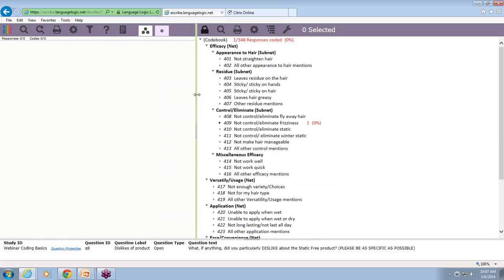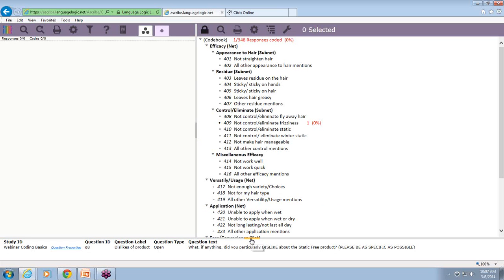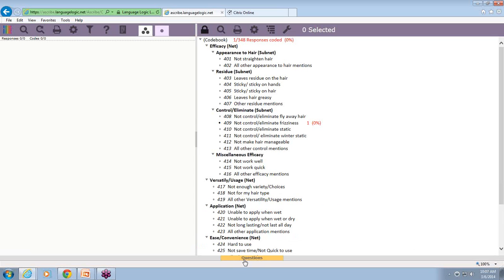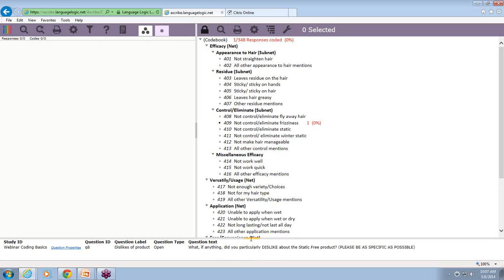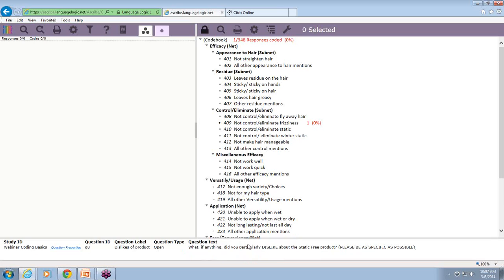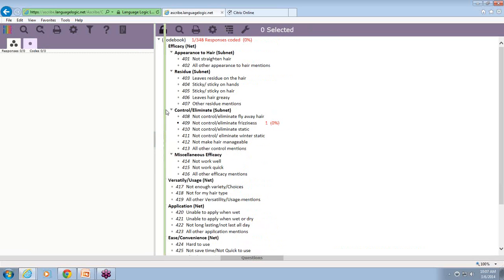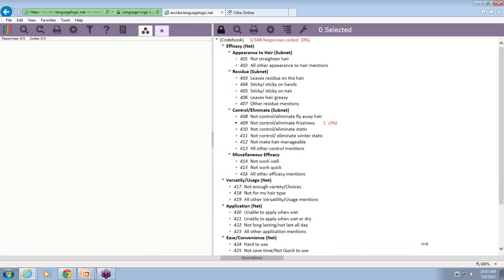These panes are adjustable, so we can resize these by using the resizer bar. You can adjust the question pane. You can also hide it by clicking on this link here, and it closes it. And you'll see questions, and if you want to open it, just click on questions in the room. You'll be able to see the information in your question pane. You can adjust the codebook as well. And if you're only in here working on your codebook,